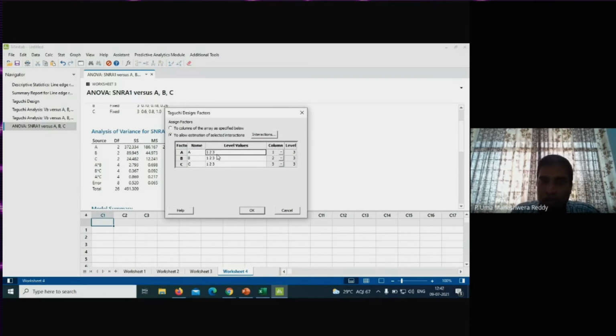So now directly let me enter the data. I already explained how to enter the data here. Let me select the data directly.